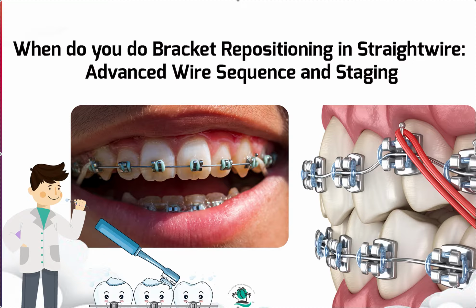That's the whole point. So anyways, if you're doing IDB, you shouldn't have bracket repositioning. This should be a one-off. It shouldn't be a regular thing. If it's a regular thing, then you're not putting the brackets on right, which means you should be doing indirect bonding. But let's say you inherited a case, or you started a case and you're using direct bonding, and you're like,